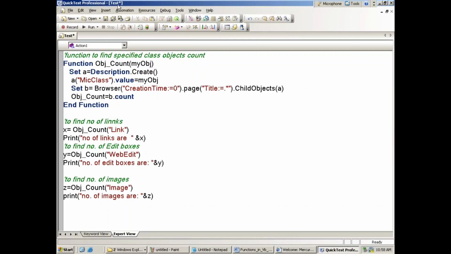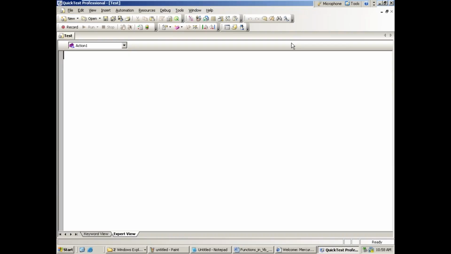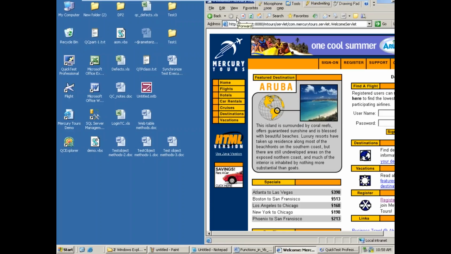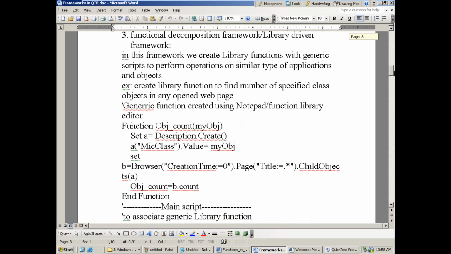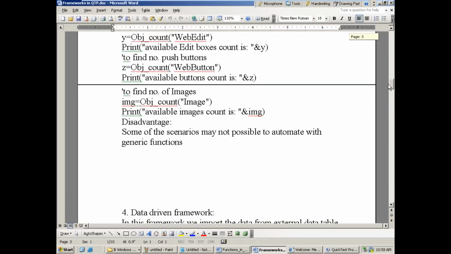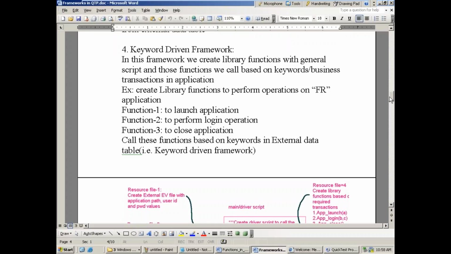Okay. Now, the other one is the keyword driven framework. In this framework, we create library functions with a general script, and we call those functions based on the keywords or business transactions in the application.